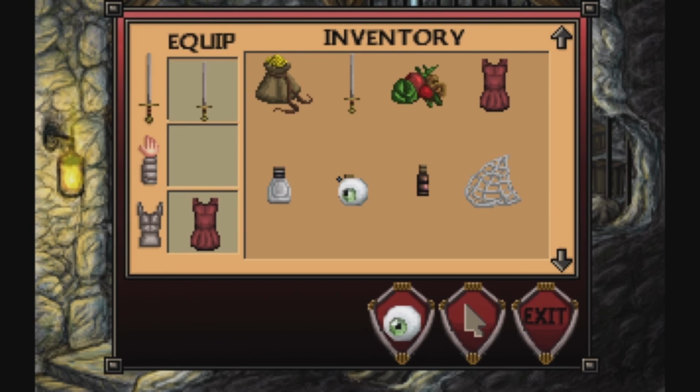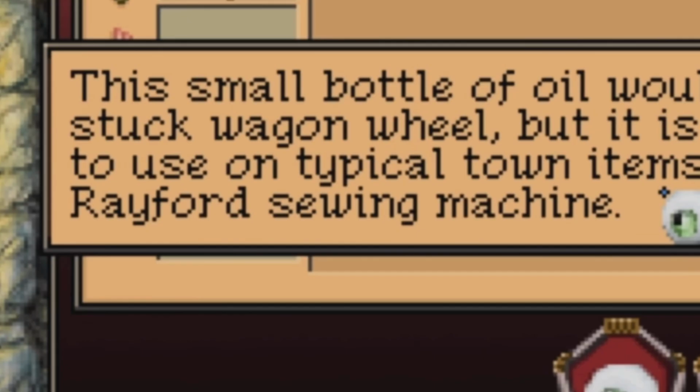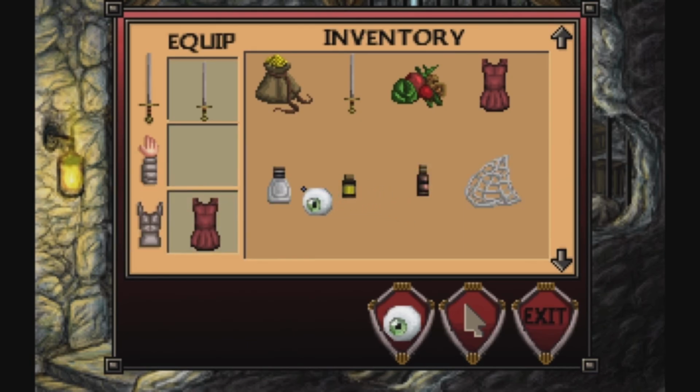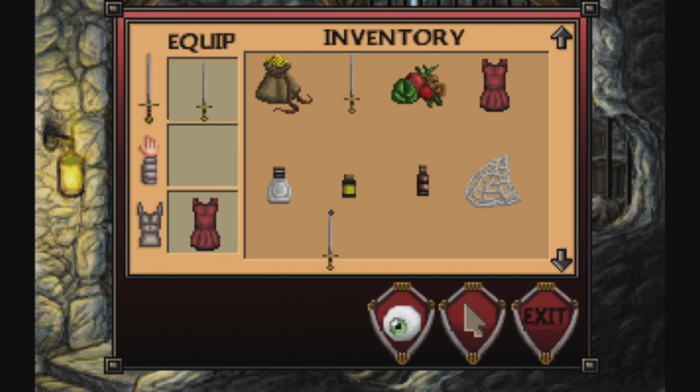Although this small bottle of oil wouldn't fix a stuck wagon wheel, it is just enough to use on typical town items, like Rayford's sewing machine. Did Rayford have a sewing machine? Will he have one that I'll have to do something with? Or was that just some sort of lame, he's gay kind of joke? The small label says rubbing alcohol. You cannot...